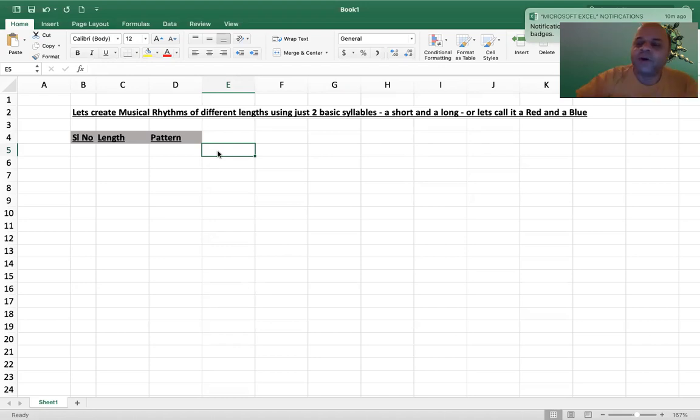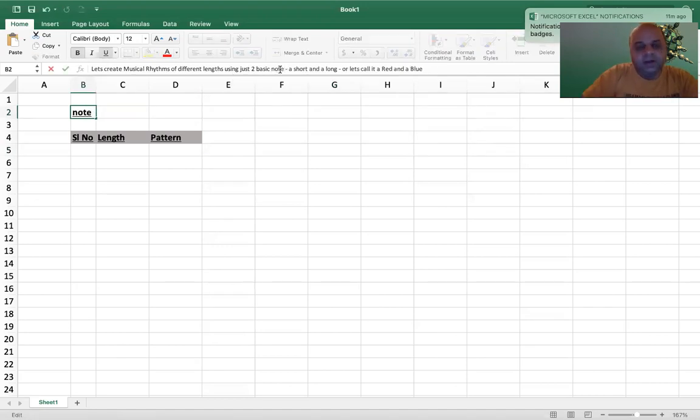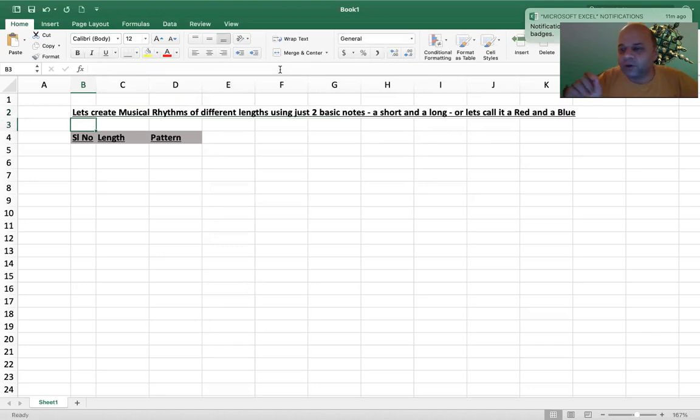Now, what was he doing? You can create tunes or rhythms in music by combining various notes, and he was looking at a very fundamental problem. He was starting with two basic syllables or notes. It's basically a part of music, like on the tabla where you play one small thing and then combine it with something else. Let us consider one basic thing as one part.